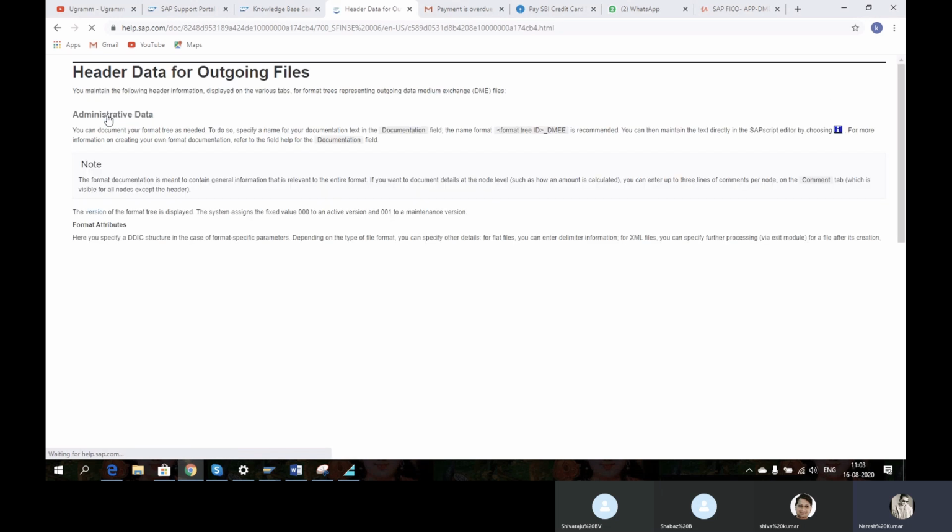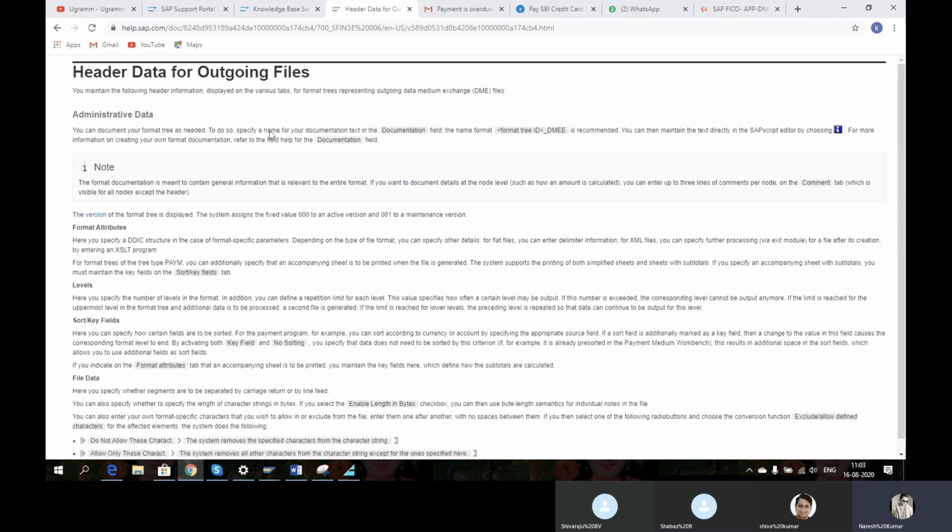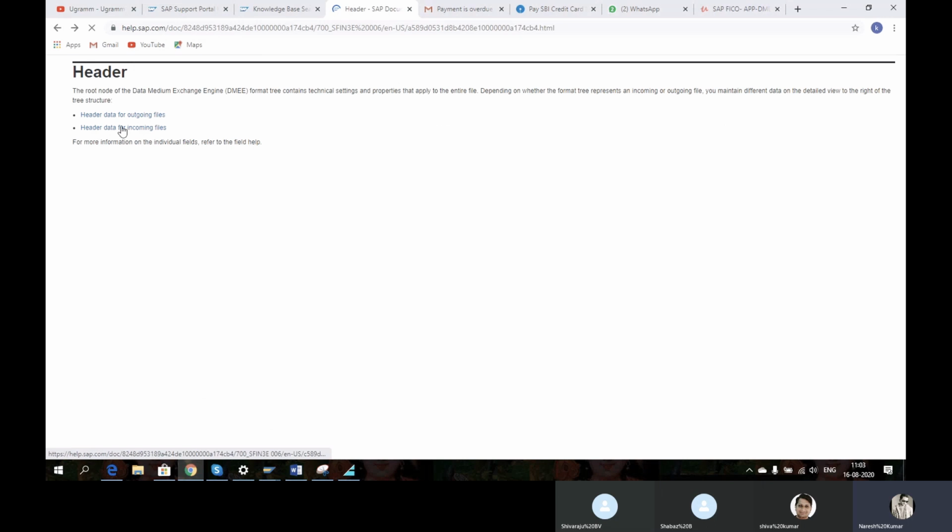When it comes to header data, we will be able to see many things, like for outgoing files, the outgoing data for medium exchange. These are the administrative data, like the format attributes, and we will be having sort keys, file data. This is all common.